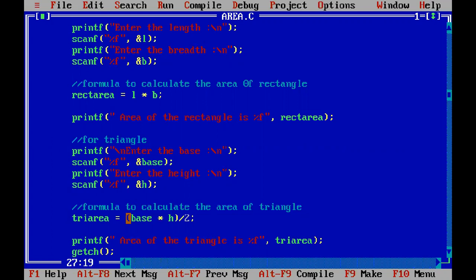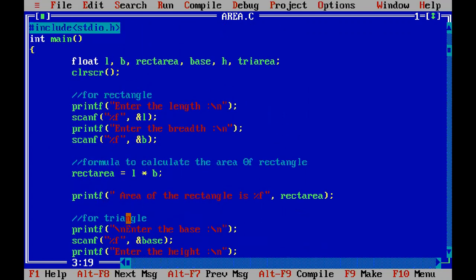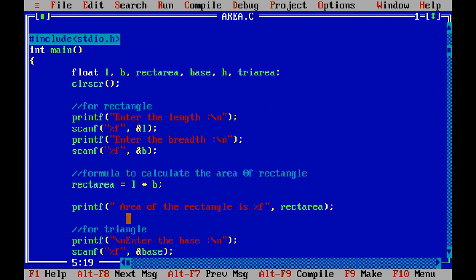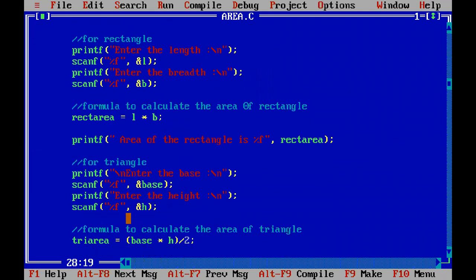Now you have seen calculation of area of rectangles and triangles in one program. Now suppose you want to only check the area of the rectangle and not the area of the triangle. So one thing you can do is simply delete the part. But why delete, because it was written with so much effort, why delete it again? But the problem is if you run the program again, the triangle will get displayed. So what you can do is put that section in comment.